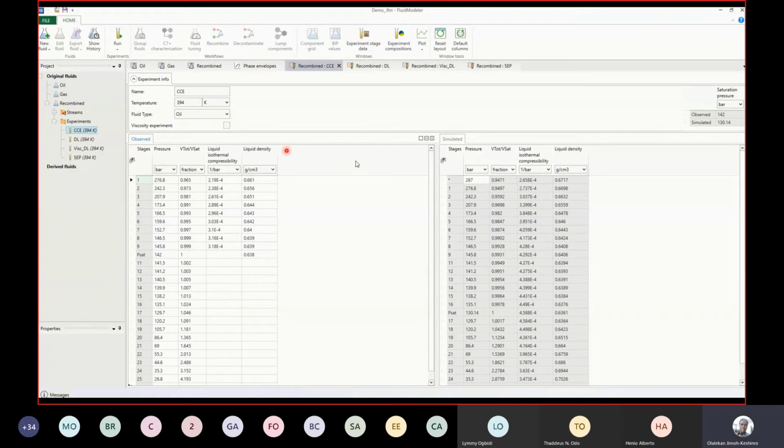So the approach of loading the CCE is what we use in loading the other experiments. That's the DL, the viscosity, and the separator, which are already in there. Now, the next thing we want to do is to tune the fluid. And to tune it, we'll be going through the flow of tuning the bulk first, then doing the EOS and the viscosity. So once you select the tuning,